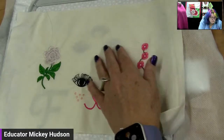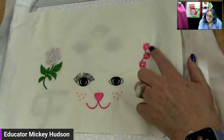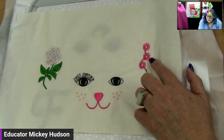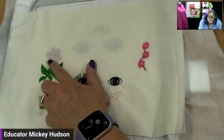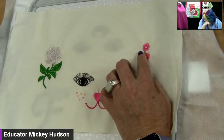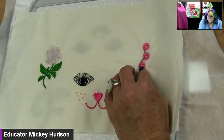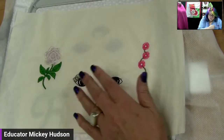So this is some of the stuff that I played around with getting ready for today's lesson. And there's a couple of things here where I used the silver level. And then there's more where I used, I'm so sorry, the gold level. And then in digitizing,